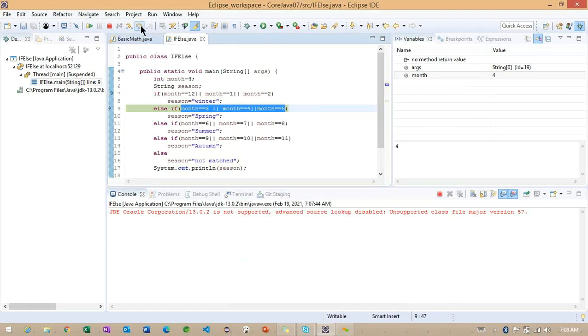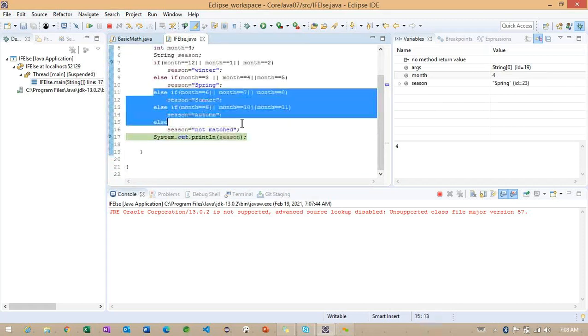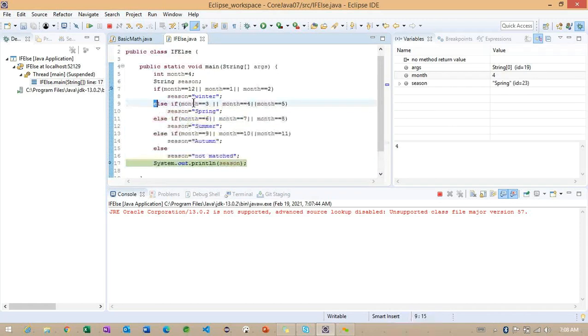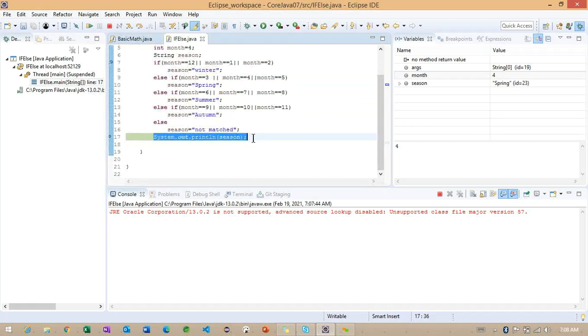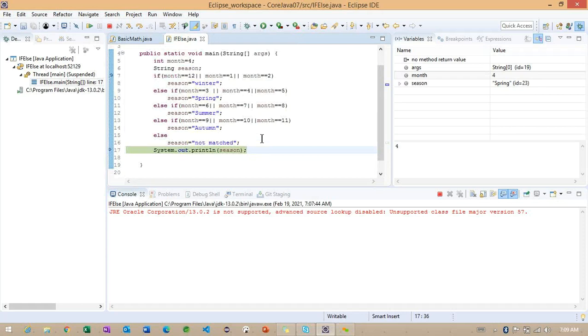Now back to here. Once it is true, you can check here, after that where is it coming? The remaining 3 conditions are not checked at all. Directly from this particular block, where are we getting? The sysout we are trying to print here. Directly we are getting line number 17. Getting the point? So this is the way this particular block is going to execute.